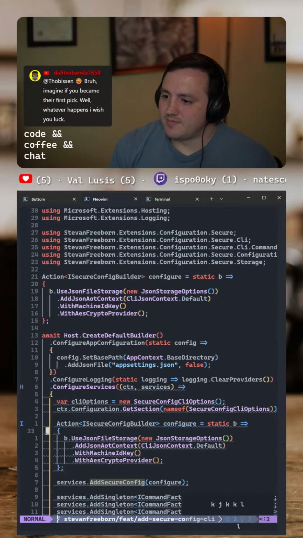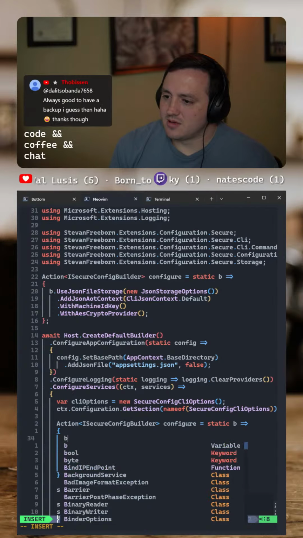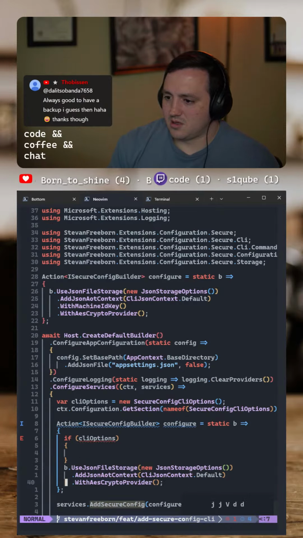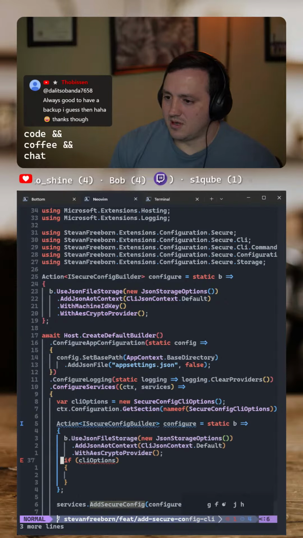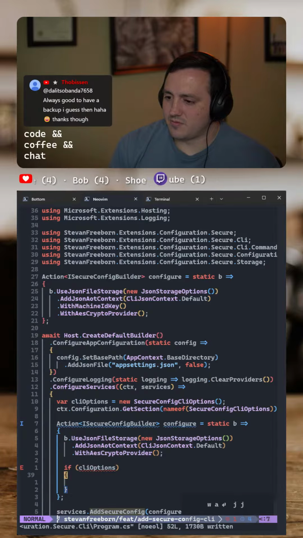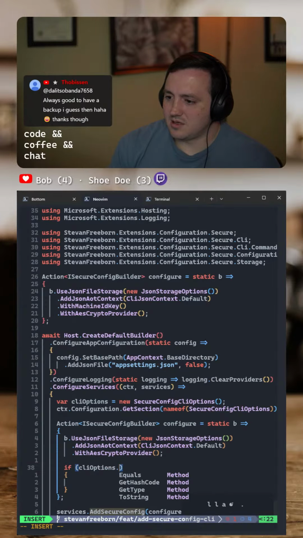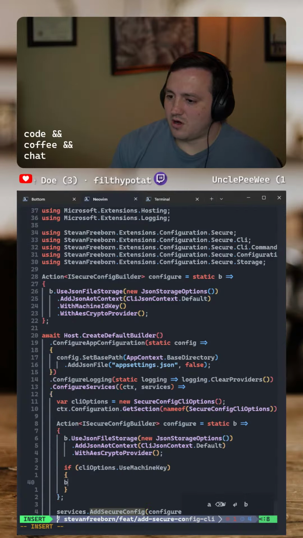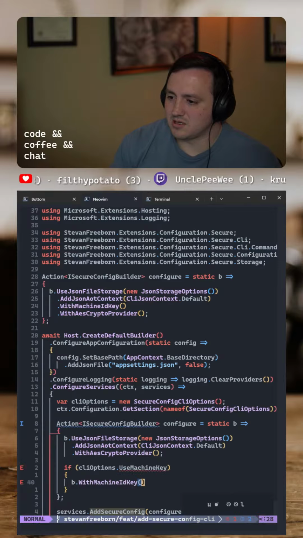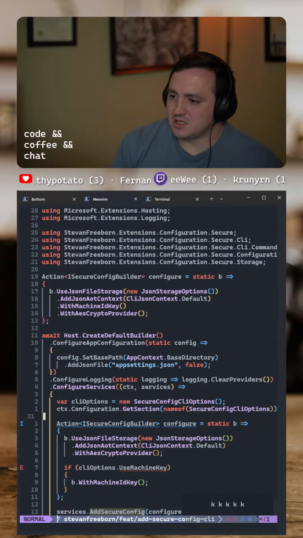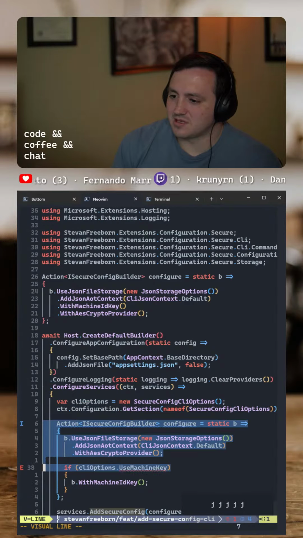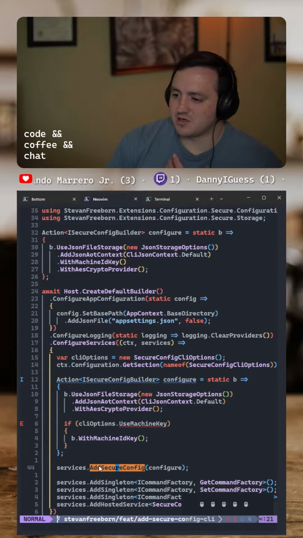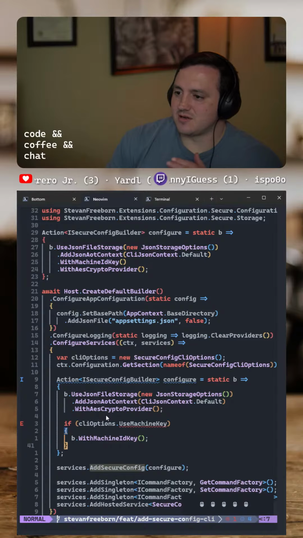So I'm going to have to do something like this, where we have B, and we say something like, for example, if CLI options dot use machine key, right? Then we would call b dot with machine ID key like this. So that's where these options are going to derive how we configure this action, which then will pass to this add secure config, which will change how the registration is done. So that way we can use different key providers, different storage providers, different